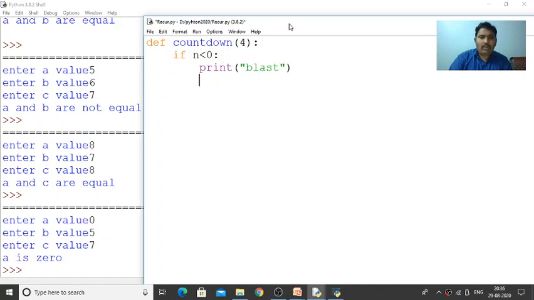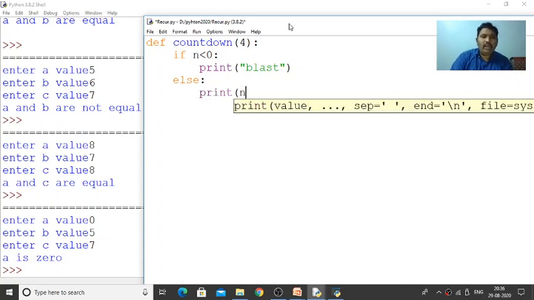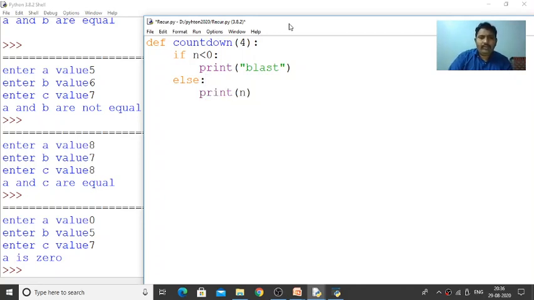Else, we're going to print that particular n value. Then after that we are going to decrement n, n is equal to n minus 1. Then after that we are going to call our function once again, that is countdown of n. So like that we have called it.